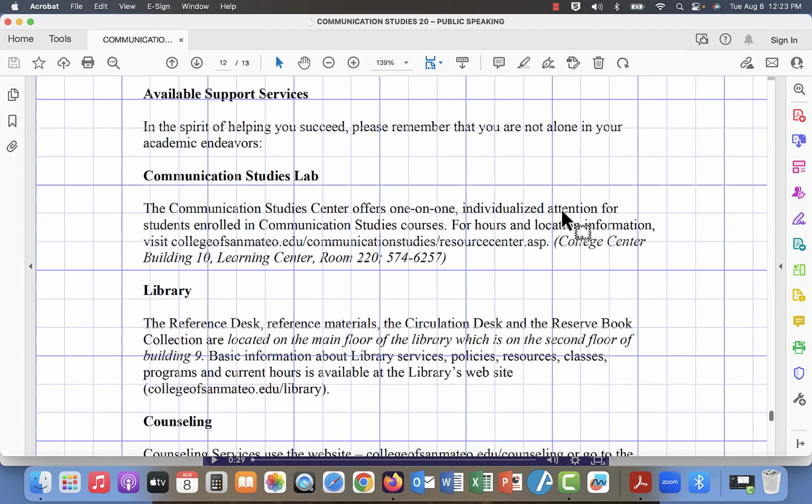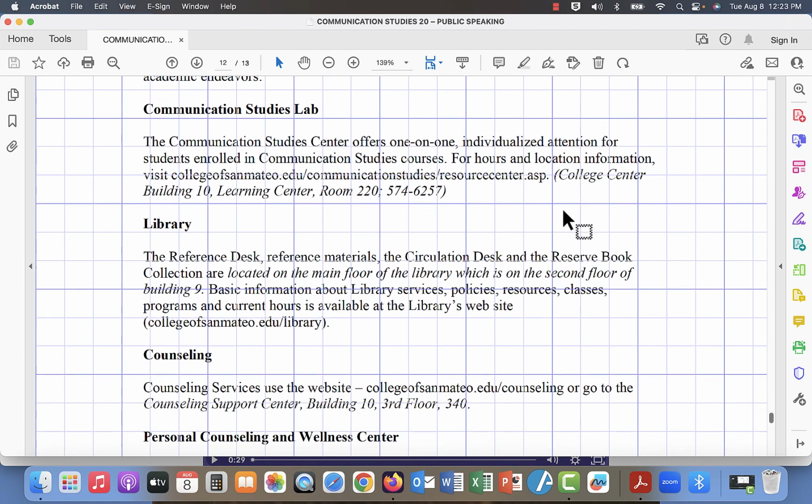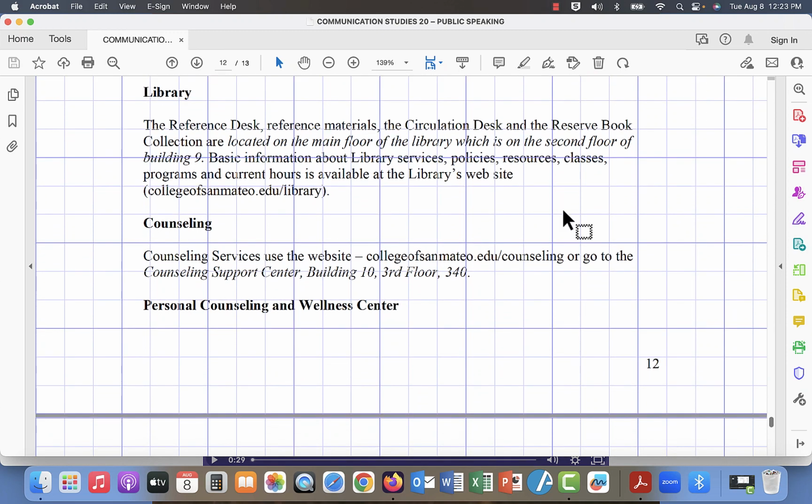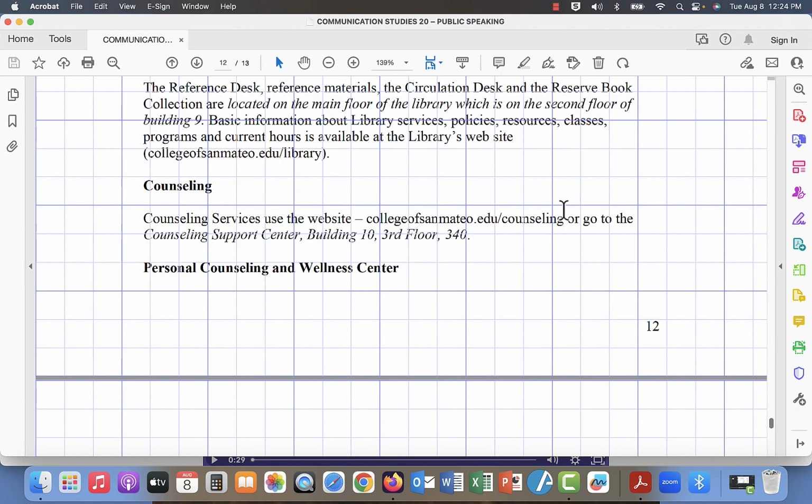Here we have the Comm Study Center, in the College Center in room 220, and they can help you with assignments and recording work. It's a great resource for you. Of course, we've got the library. Don't forget those guys. We have an excellent library staff, and they totally want to help you out. I would recommend that you go and introduce yourself and establish a relationship with your librarians, because they will help you out as you try to navigate being a college student.